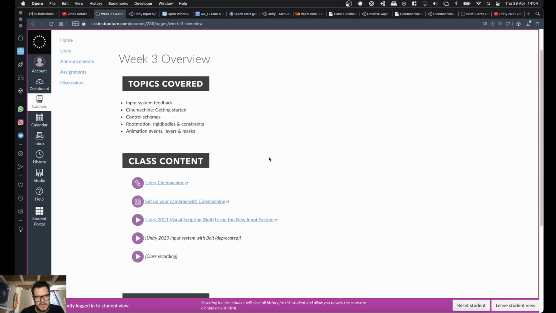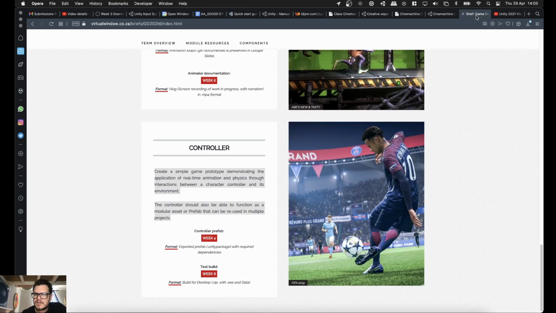Then I'll show you a couple of Cinemachine things, like just how to get started and what the different types of cameras are. That's actually the topic for today: Cinemachine, or cameras and control schemes. The control scheme thing is quite complex, and it's something that we really need to address once we have our entire character in place with all the animation, all the blends. You should certainly start thinking about it already, but I thought we'd get back to that in more detail,